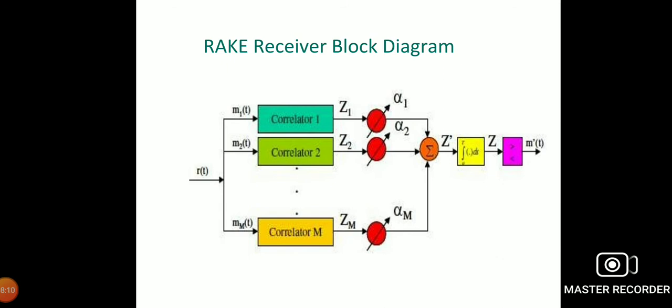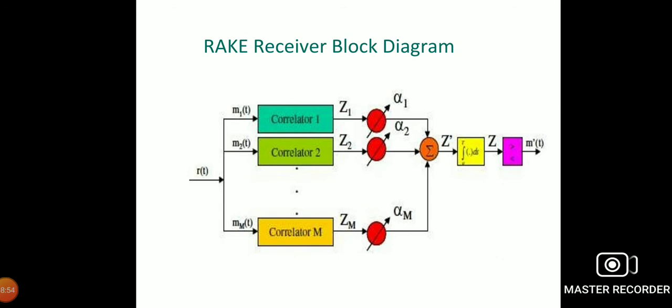Z dash, given by Z' is equal to the summation over n of alpha n into Zn. So alpha n is nothing but the weighting coefficient. The transmitter transmits the signal, and the receiver receives the different correlator outputs to estimate the weighting coefficient of each individual frequency level. So for better performance and efficient signal reception, the selection of the weighting coefficients, which is based on the output values of the correlators, is an important criterion in the rake receiver.